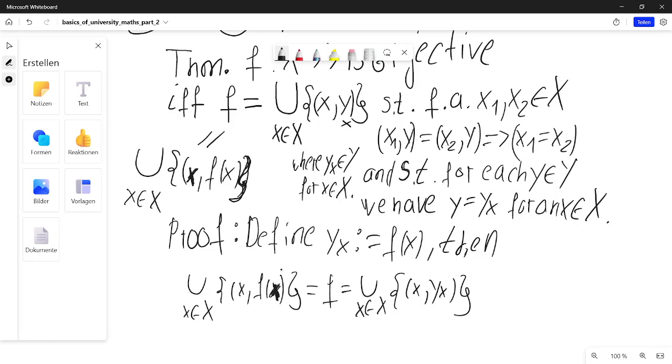And if it is surjective, then for each element y in Y, we have an element x in X such that y is equal to f of x, right? And then this y is equal to y_x, and hence